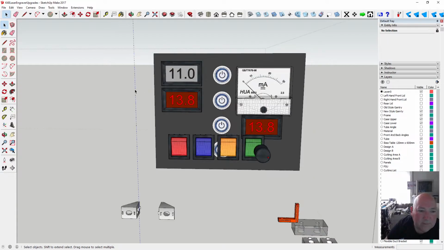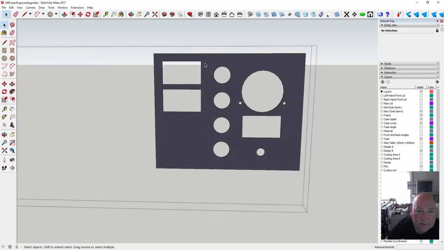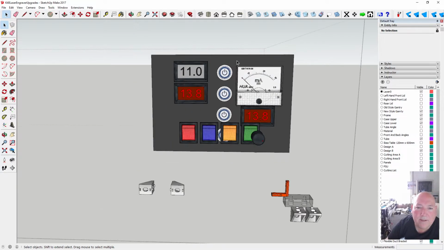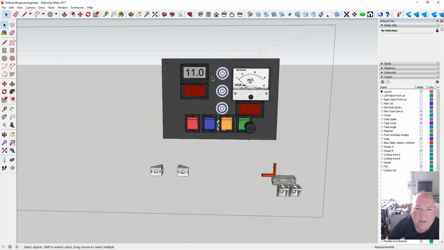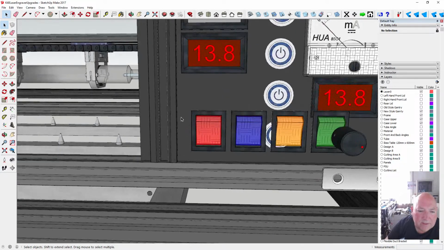Right, come out. Let's get rid of that. And do a 200mm. And bring this out to there. Take away that, and that's the size of our plate now going to be, which means we can